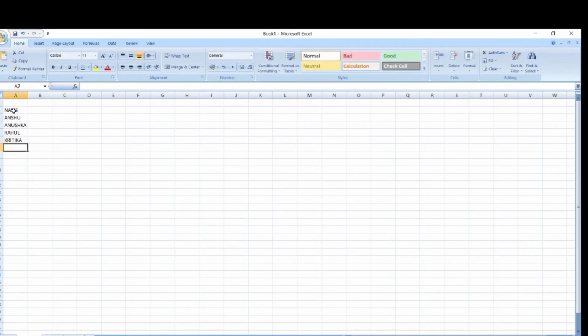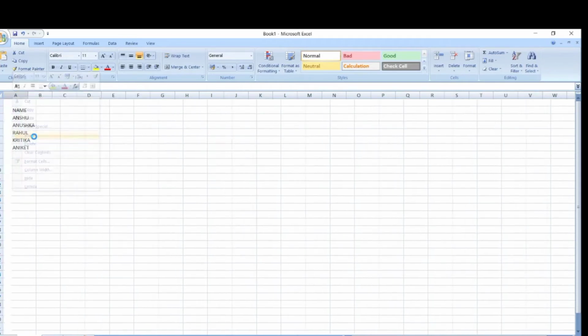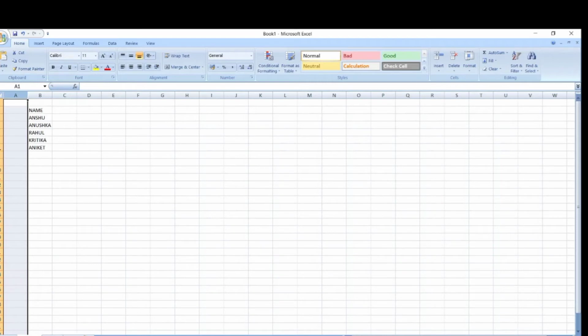And the fifth number data is Ani, 8. Okay. If you forget to add any of the fields, you just have to right click here and press Insert. Here you have seen a new column inserted in your sheet. Suppose I forgot to write the serial number here, then I can write it here. It's 1, 2, 3, 4 and 5.